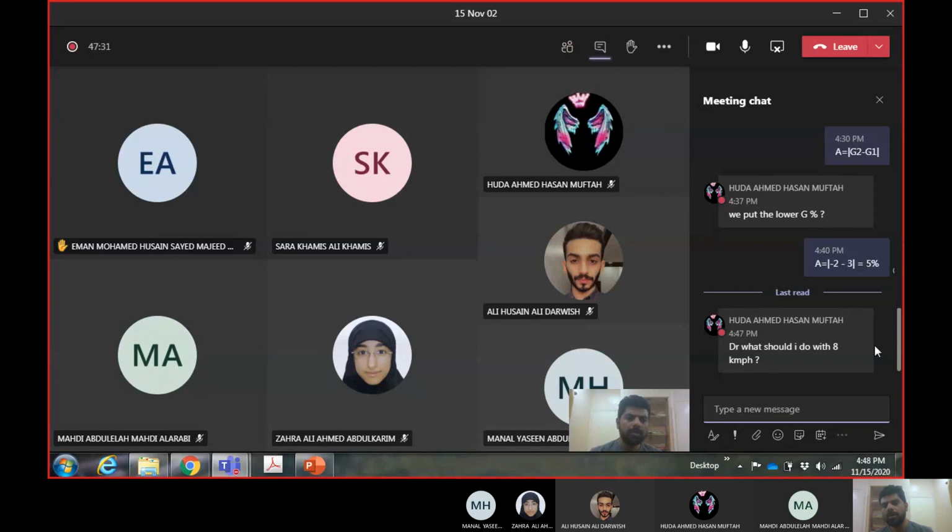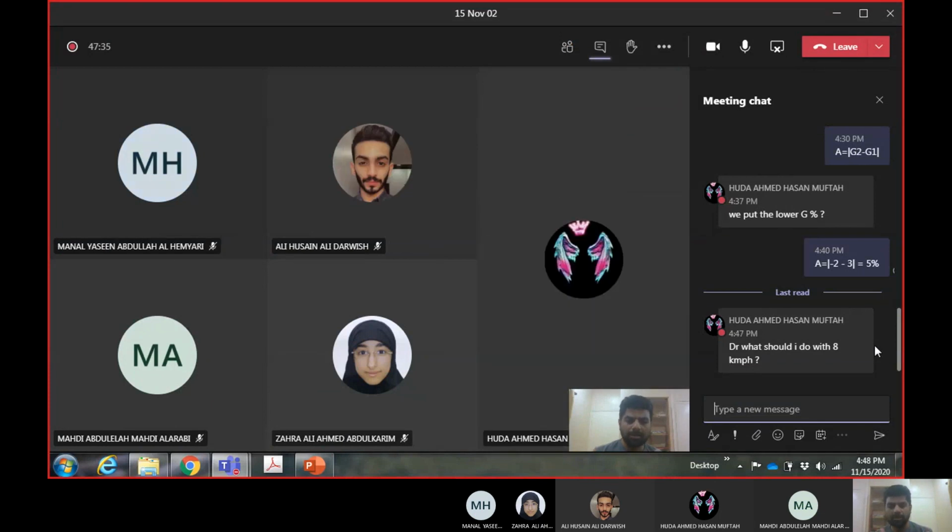Okay, done. Huda, 8 kilometers per hour is the increment which is given. Like I said, multiple. So whatever number you are suggesting as the speed limit should be a multiple of 8. Like I said, you can suggest 8, 16, 24, 32, 40, 48. Now you cannot suggest 54 because 54 is not a multiple of 8. So 8 was given to show you the speed should be a multiple of this number. That was the aim of giving the 8 kilometers per hour.